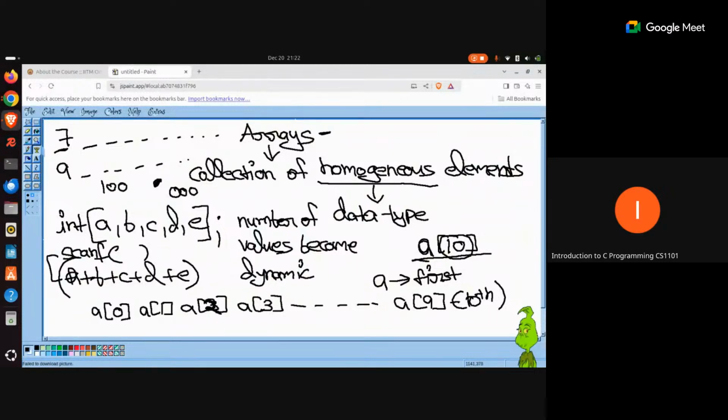So if you want to work with 10 values, starting from 0, the maximum number you can go up to is 9. If you count from A[0] till A[9], you will have a total of 10 elements. That's why the maximum index in an array is always one less than its size.